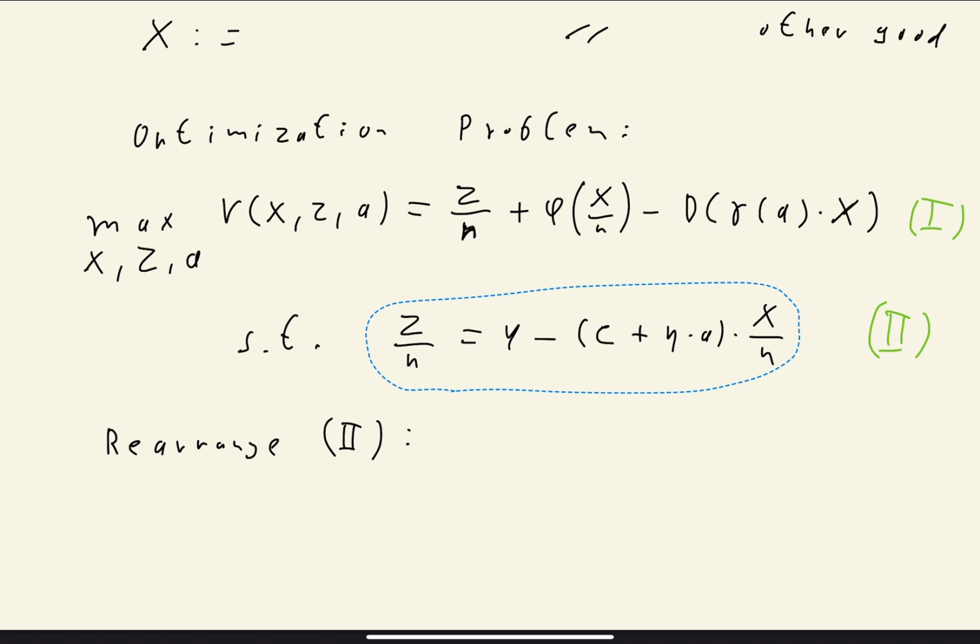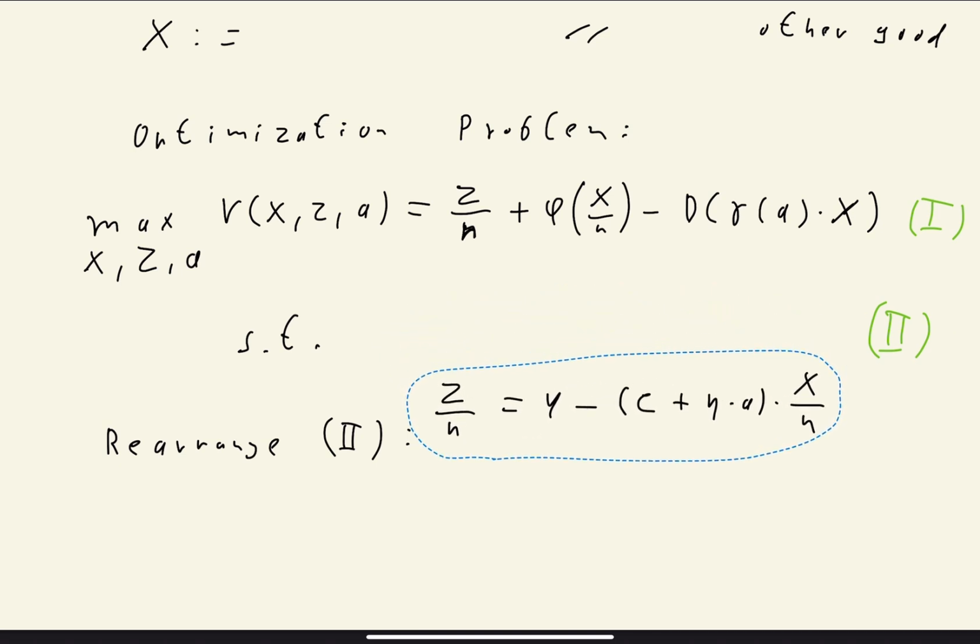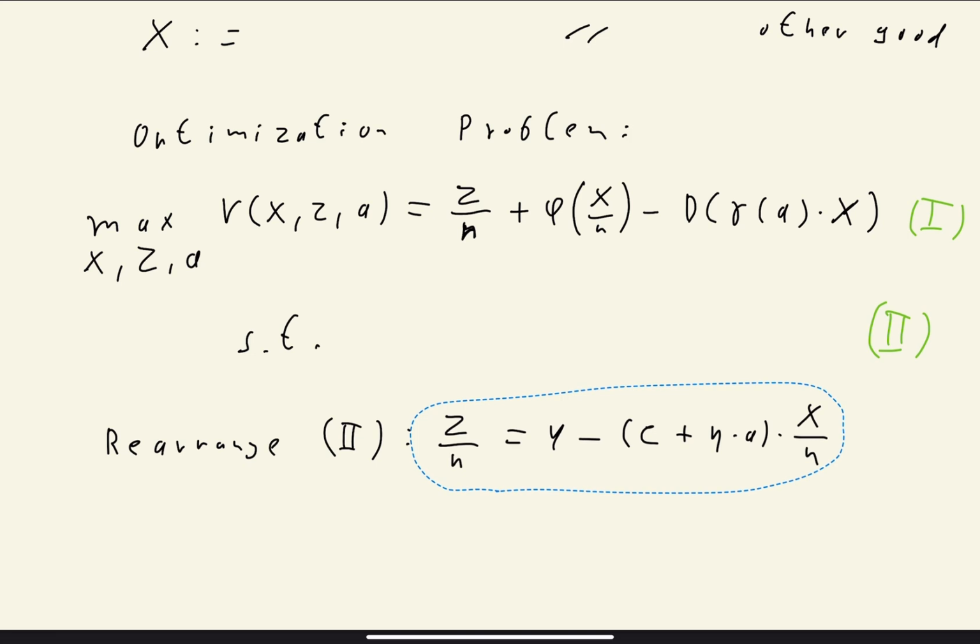I already took the rearranged version of the constraint. So this is the rearranged version. Let me just write down again the more intuitive budget constraint in this economy without rearranging it. So what I wanted to write down before when I was talking about the constraint is that